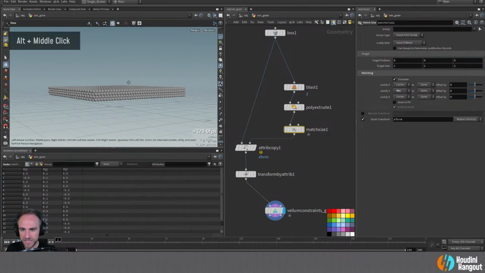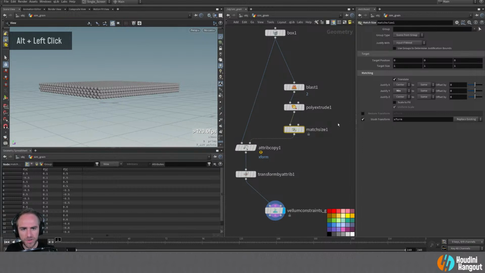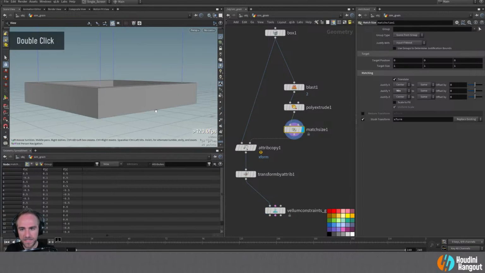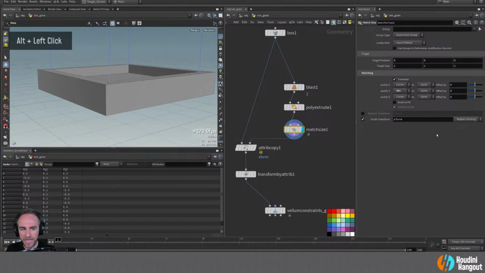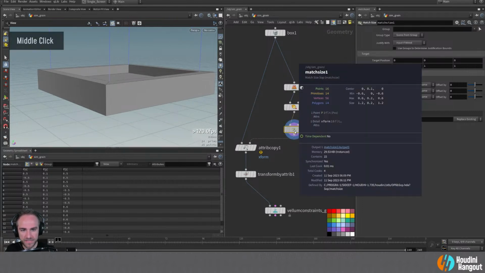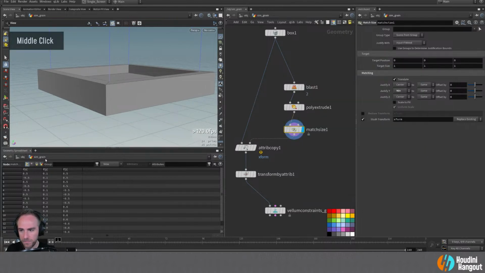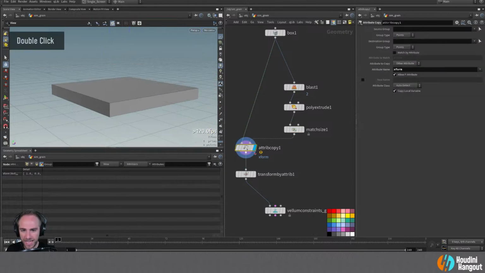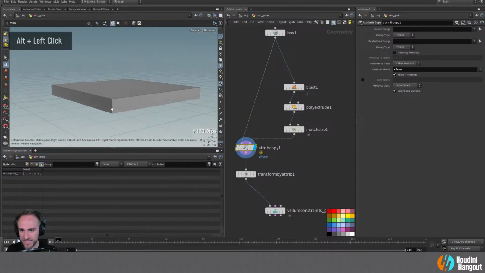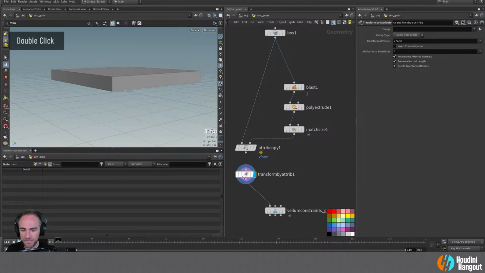So just a little explanation of what I did there. We have a match size here. This is just moving this up so it sits on the ground plane. And we're just saving this transform attribute here in the detail. So here is our transformation right there. There's our transform matrix or whatever. And what I'm doing is just copying that over to this stream, because obviously this is kind of sitting at origin. And then I'm just doing a transform by attribute and I'm just going to say